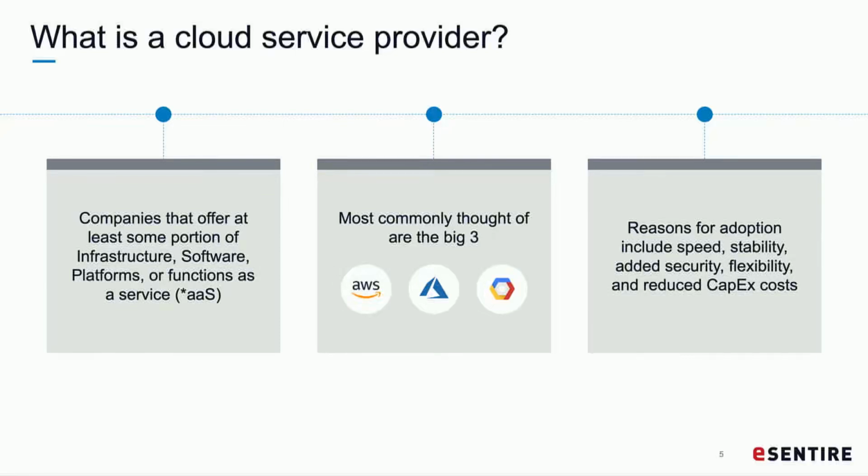And of course, it's important to realize the reasons for moving to the cloud. The biggest one is probably just the ease of use and the speed and stability of your deployments. It's really nice to be able to spin up what would be a full data center in a couple of seconds. But there's the business side of it too. What would have been a lot of capital expenditure for on-prem servers or putting stuff into a data center, you change into OpEx instead. So there's a good business case for it.